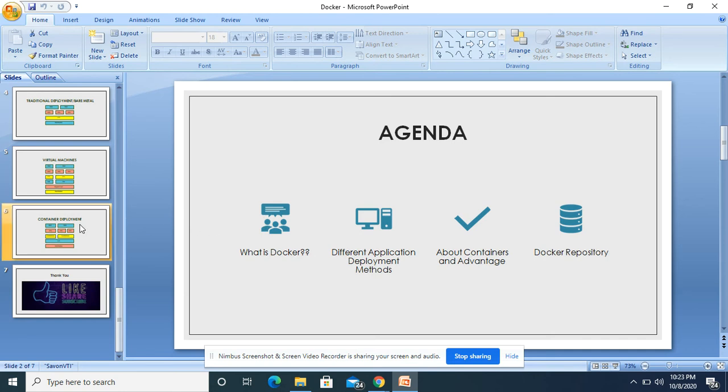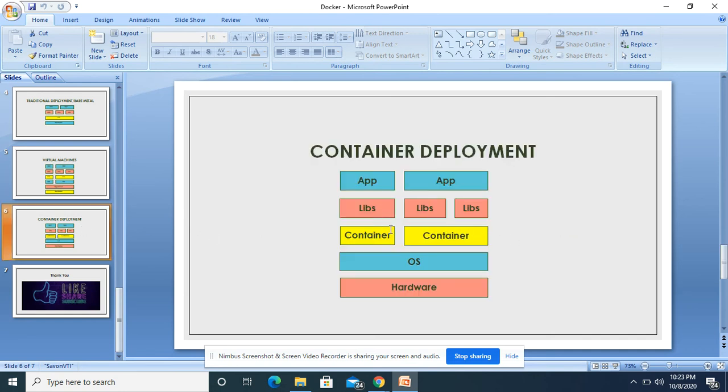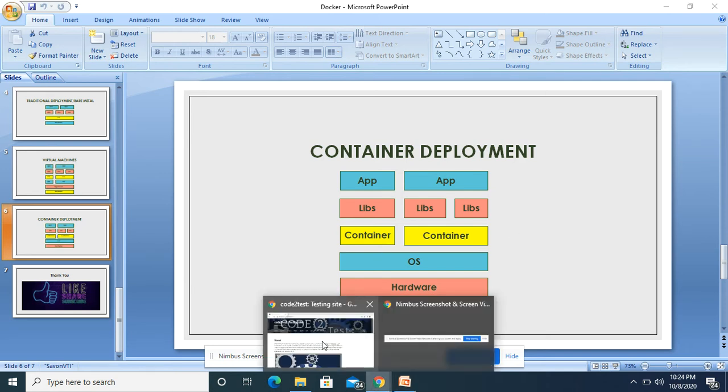So what are containers? Containers are basically images. Suppose we want to download any application, for example MySQL.